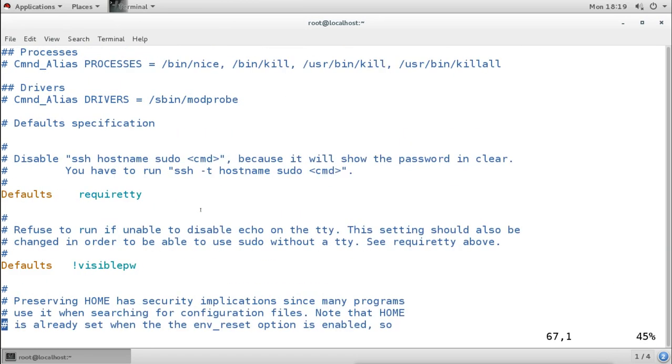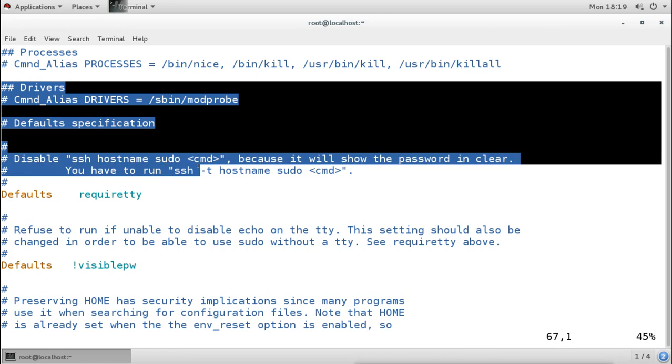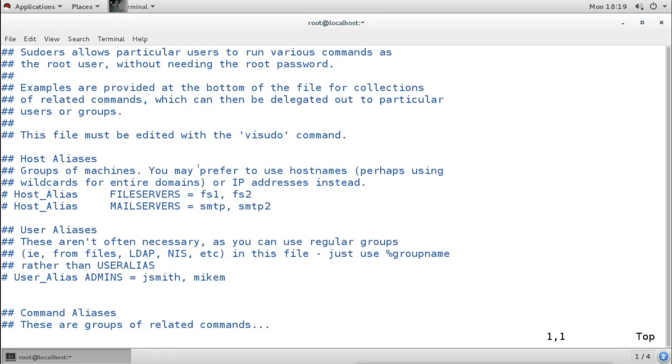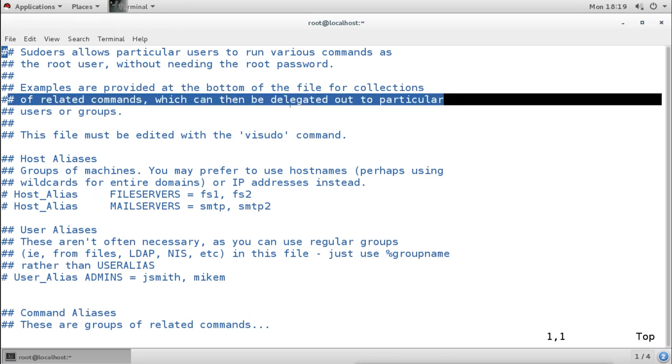So we have these lines as comments. Remember, in any configuration file we open, whenever you see lines starting with hash, these lines are called commented lines. Only the first hash is important. This first hash means the line is commented. After that, no matter how many hashes you give and whatever content you write, they will be commented.